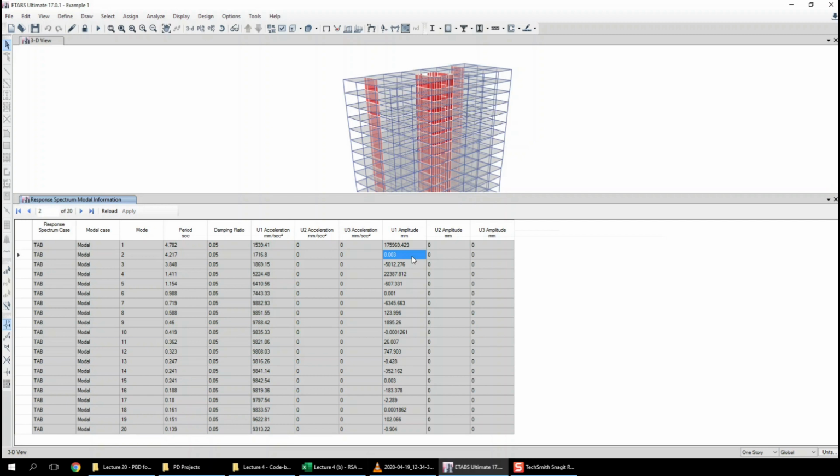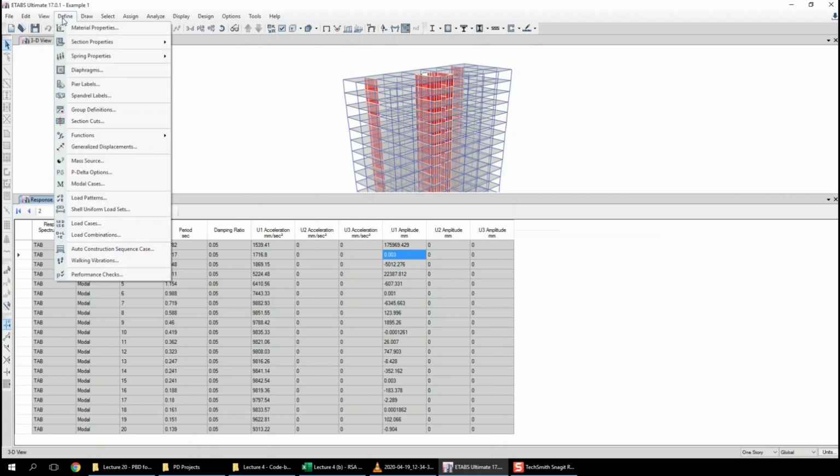The modal load case not only reports mode shapes or the displacements, it reports all the results just like a typical load case. So all those results which were previously looking meaningless for us, for example story shears or overturning moments or interstory drift ratios for the mode shapes case, will become meaningful when they are multiplied with the U1 amplitude in X direction. So now what we can do is exploit the option for load combinations to multiply this factor with the modal results, for example modal displacement or modal shears or moments.